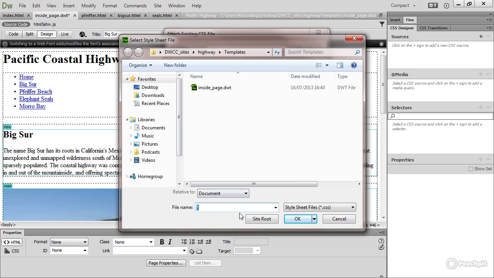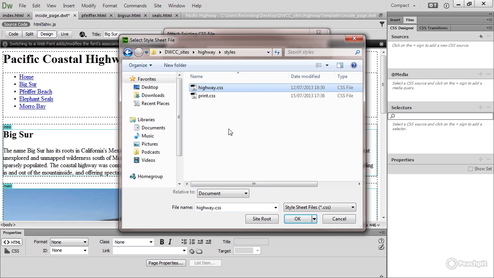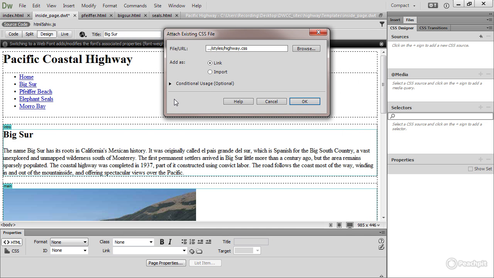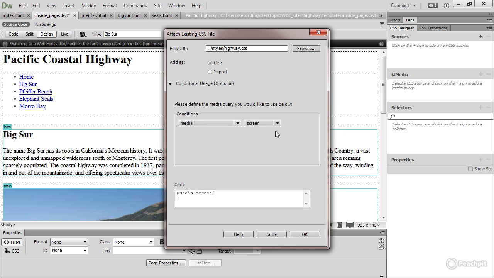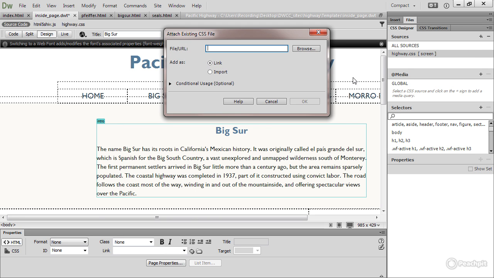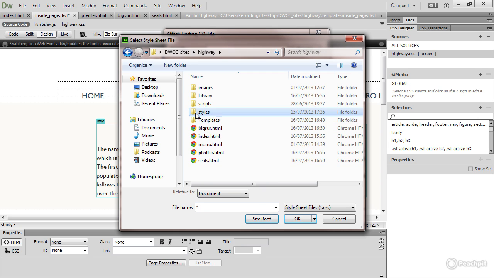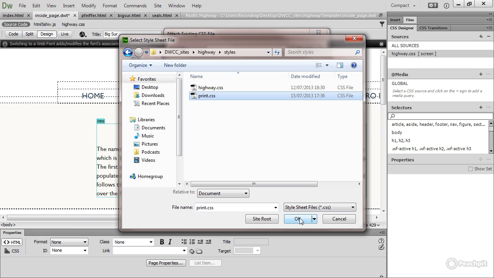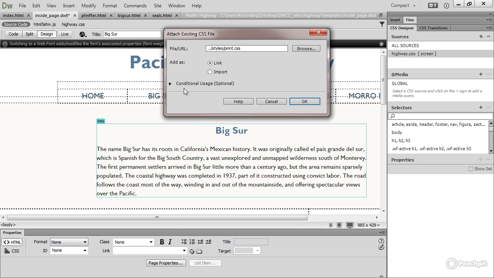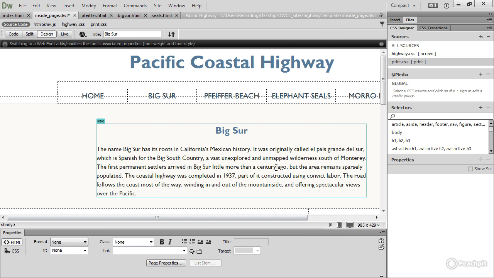I need to go to the site root and styles, highway.css, click OK, then conditional usage, set that to media screen and OK. And then another CSS source, browse for it, site root, styles, print.css, OK, and in the conditional usage, media print, click OK,